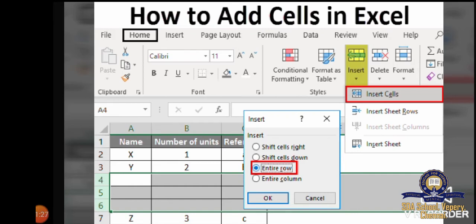Select the option Insert, and then insertion can be done by shifting the cells right or down. The Shift Cells Right option will shift the contents of the destination cells right. Okay, and the Shift Cells Down option will shift the contents of the destination cells down. And when the new cells are inserted, it is to be noted that even rows and columns can be inserted from this dialog box. Then after you select the entire row, click the OK button. Okay, then you can continue with the other procedure.